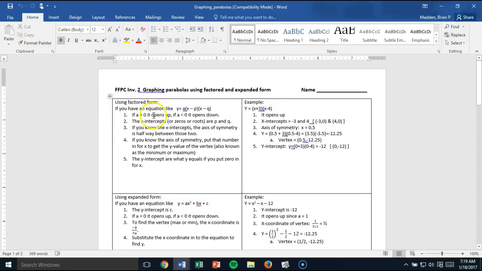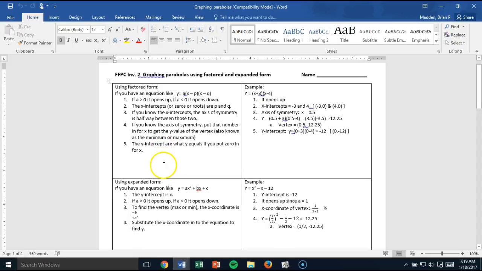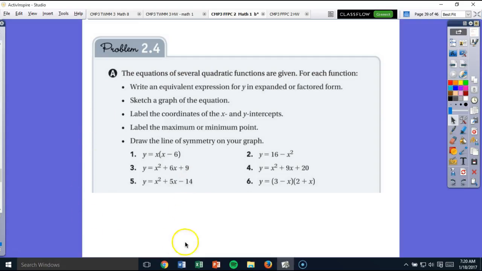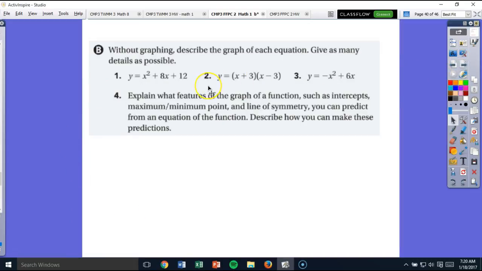If a is greater than 0, it opens up. If a is less than 0, it opens down. There's a variety of these things. You can take a look at your sheet. You can pause the video and read through them. It is both for factored form and expanded form. So use this sheet to help you understand and explain how to identify x and y intercepts, line of symmetry, maximum, minimum values. So use that sheet to help you here on this 1 through 6, and then in part B, because of the